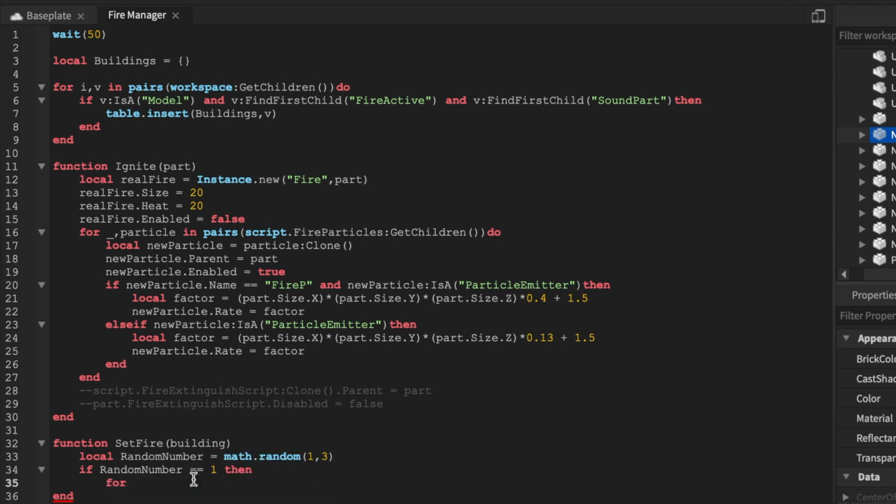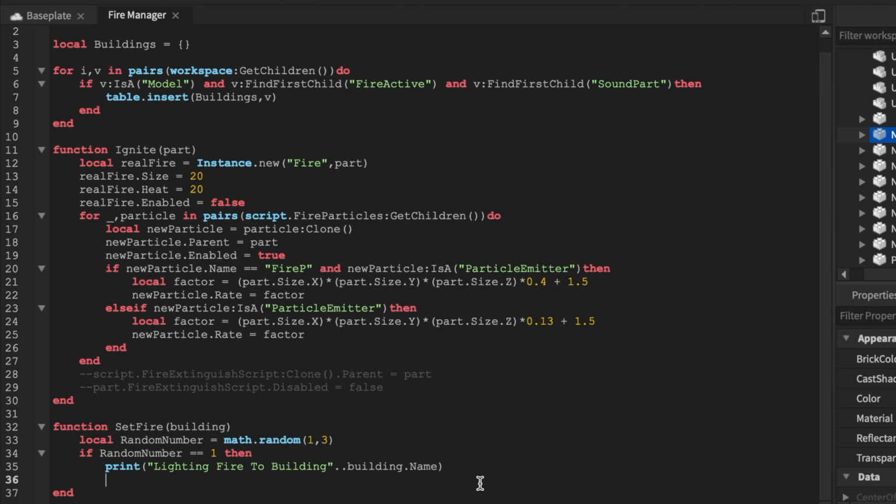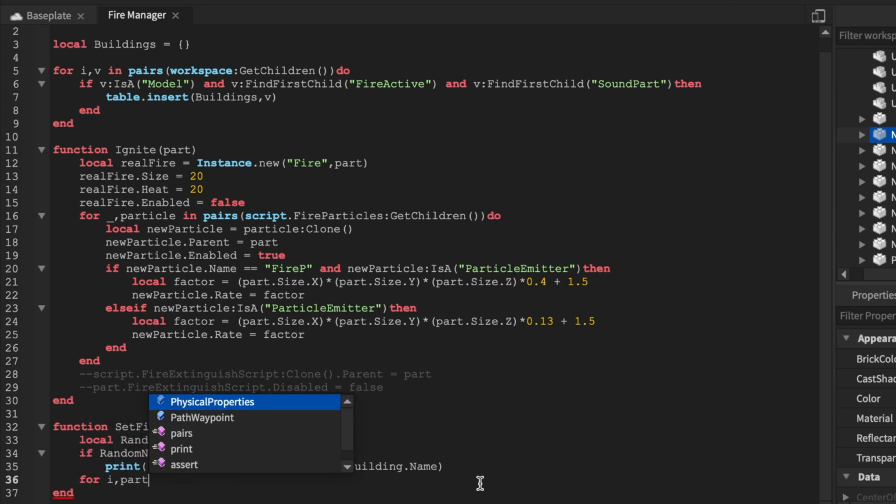Let's add a print function. We're gonna say lighting fire to building, arrow dot dot, and let's just go with building dot name. You guys don't need this print statement. I'm just saying that's how I'm gonna do that. Let's add that for loop in there. Let's go for part, for every part inside of this building, we're gonna say in pairs